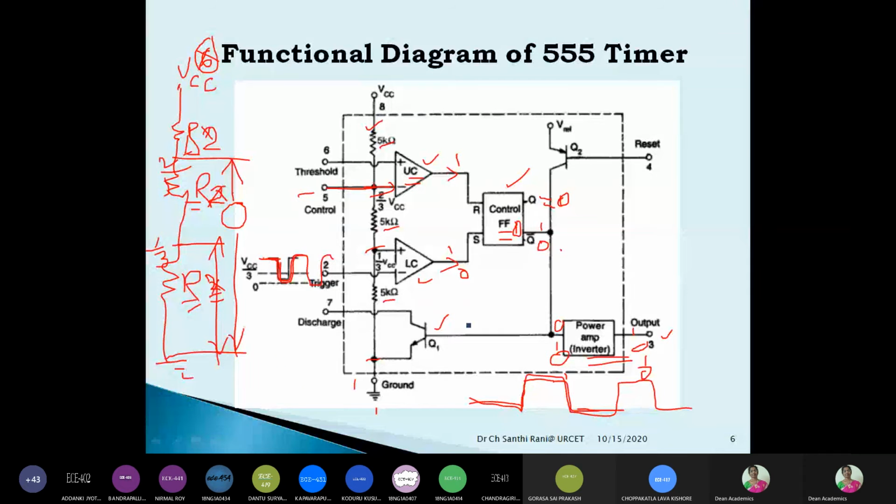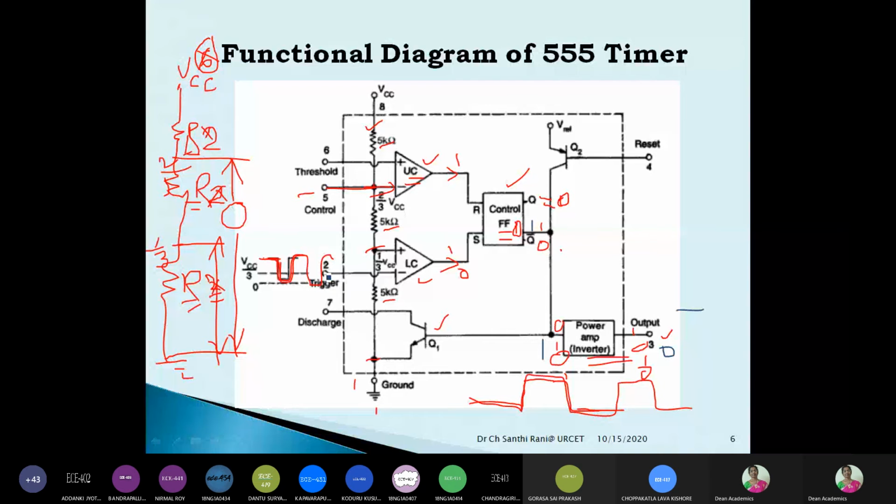Okay. Now let us say that Q bar is high. When Q bar is high, this inverter output voltage will be 0, since the input here is high. Therefore, I can draw output voltage as 0, right? That is okay. Now, in standby mode, now when you apply some input voltage at the trigger input,